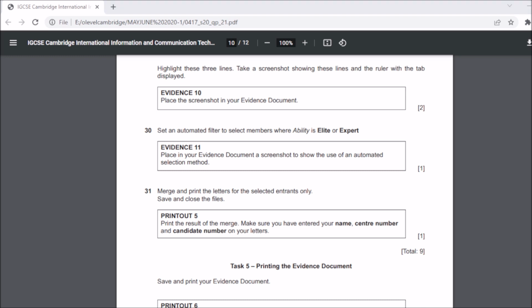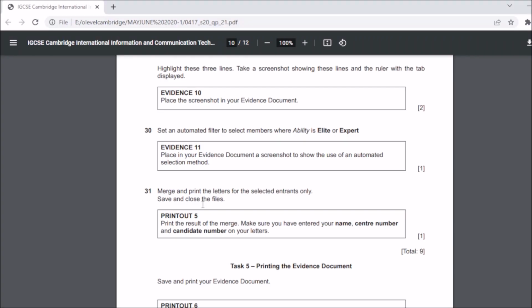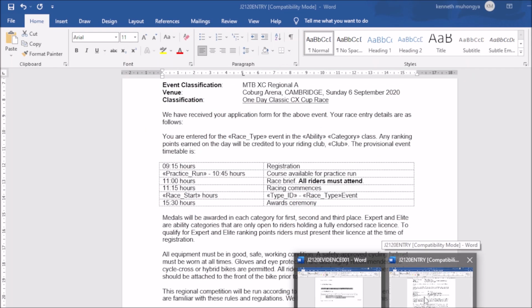You can see that really it's at 5 centimeters. Right, yeah, that's good. Then they're saying merge. They're saying set an automated filter to select members where ability is elite or expert. All right, so I'll come here,